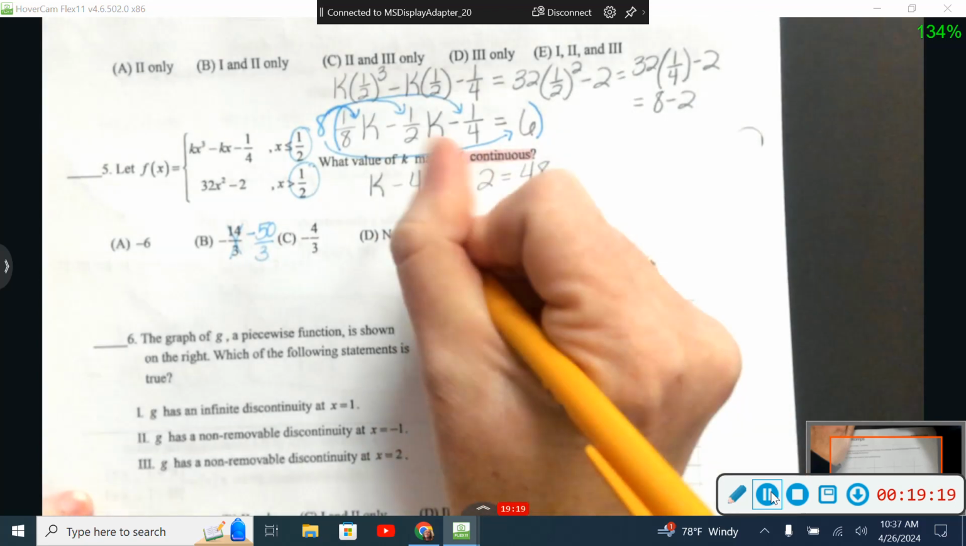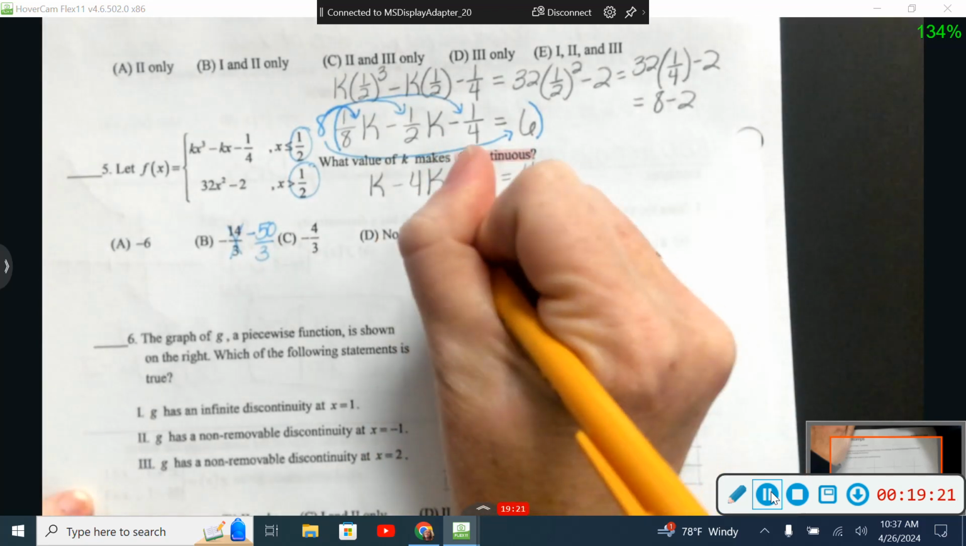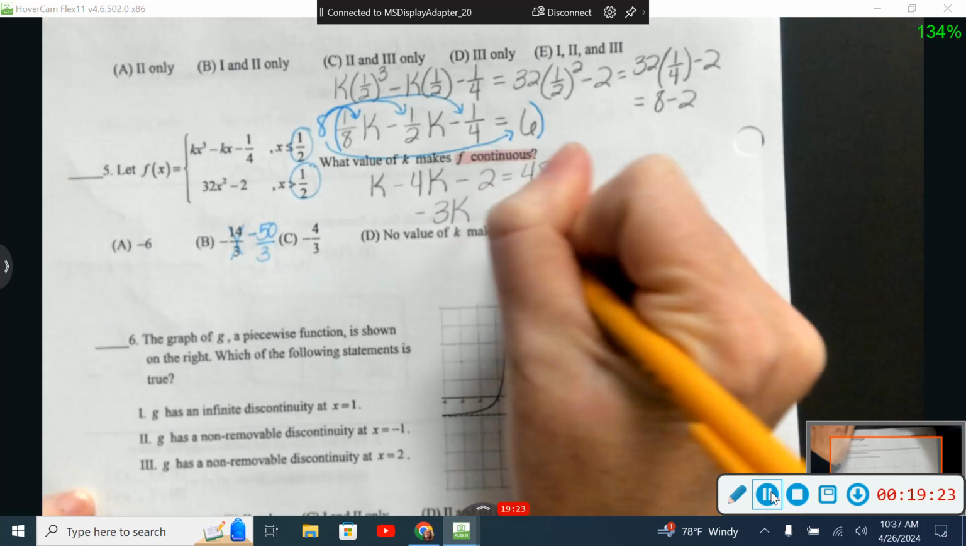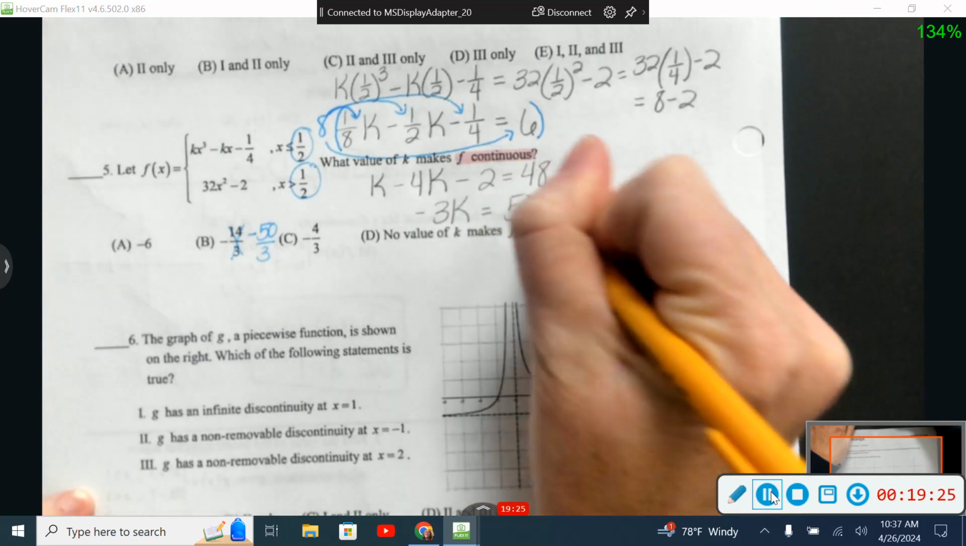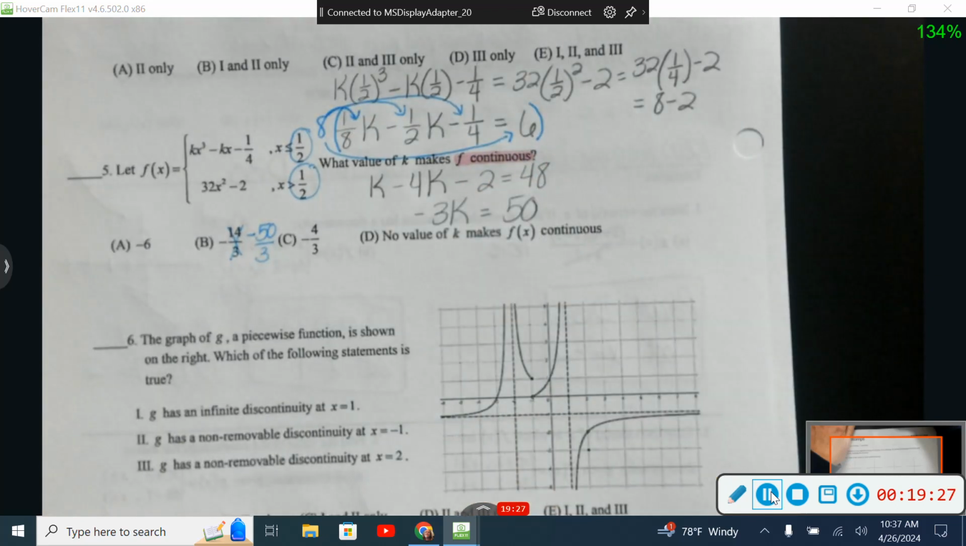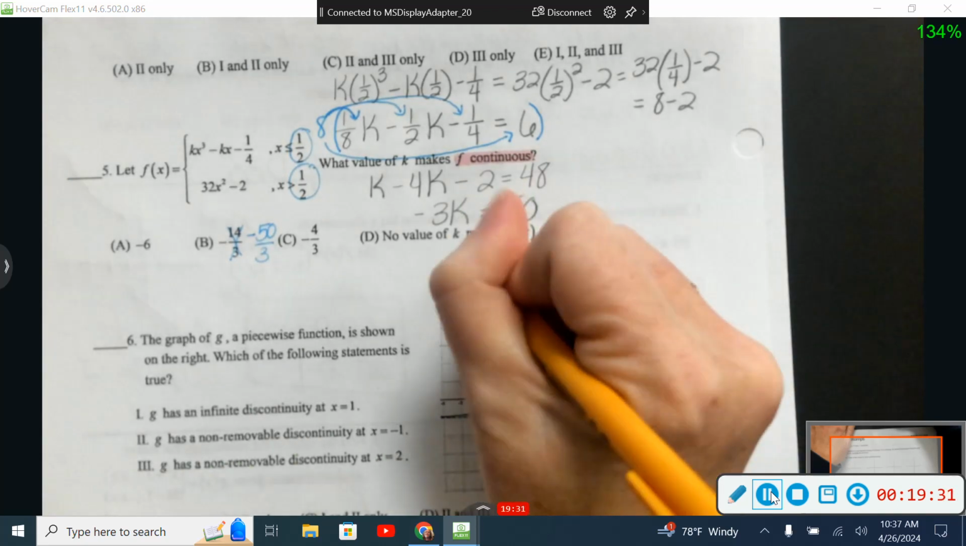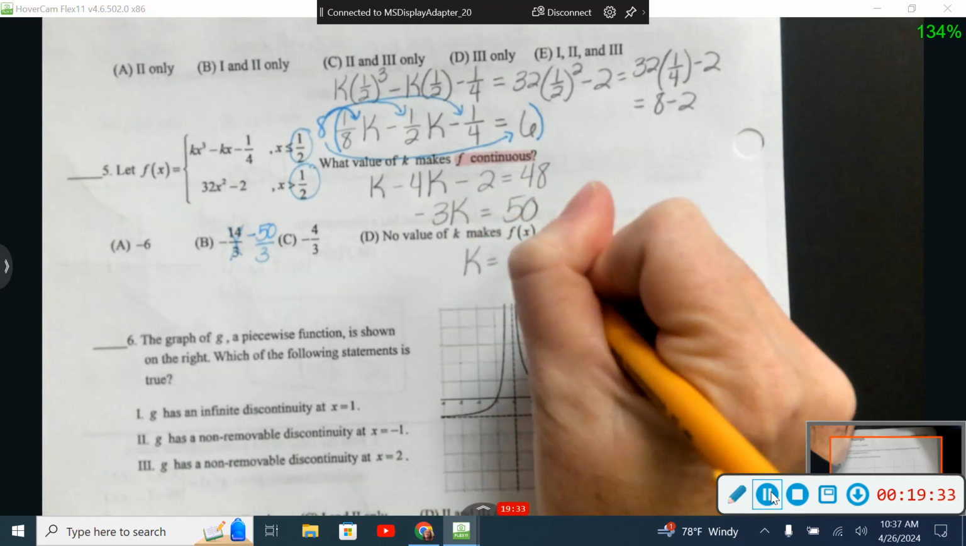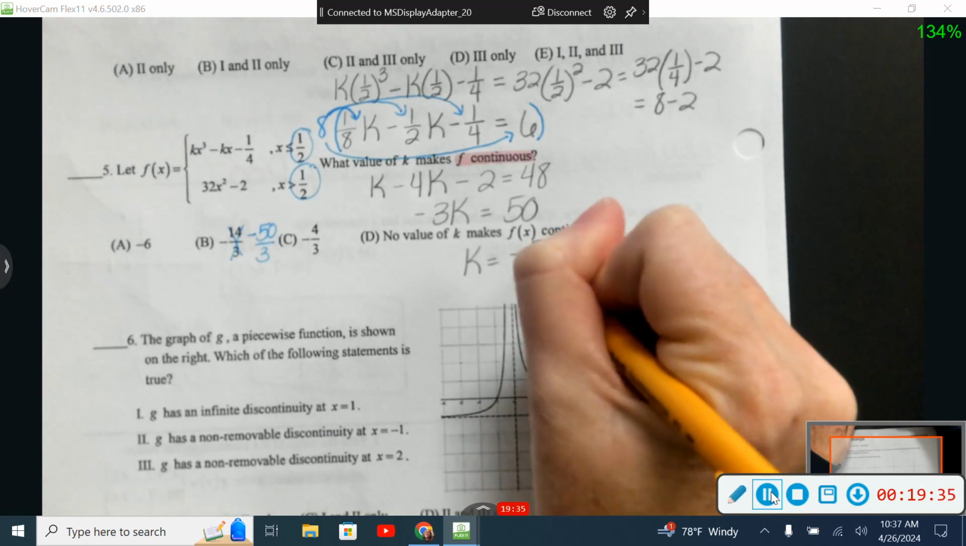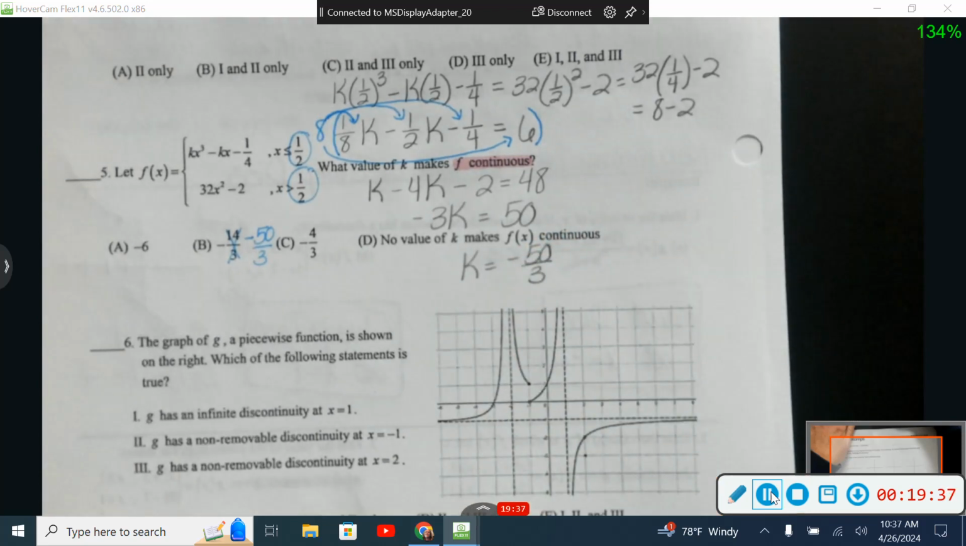All right, a little bit of simplifying. 1k minus 4k gives me negative 3k. And I'm going to add my 2 over to the other side, which gives me 50. And then divide by that negative 3. Magically, it comes out to be answer choice B,